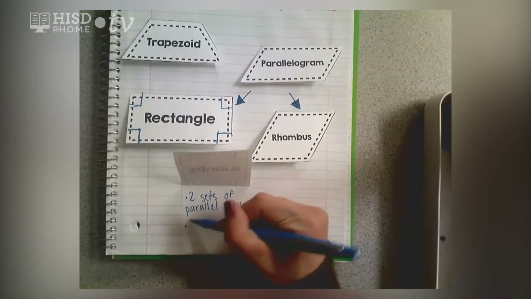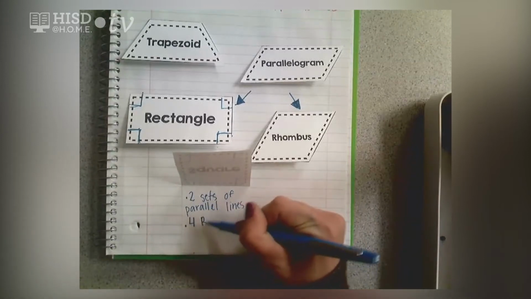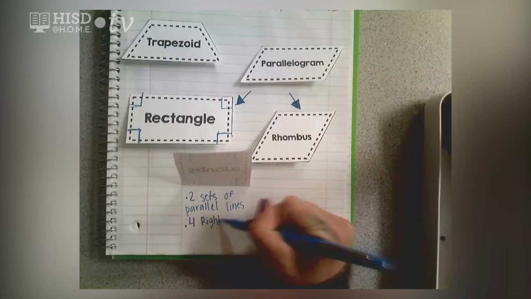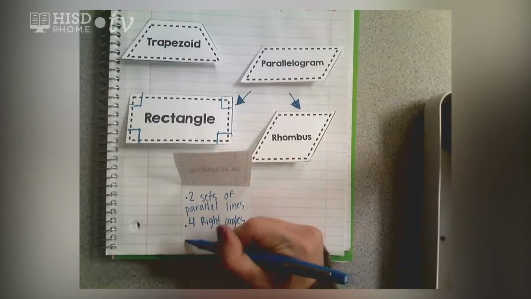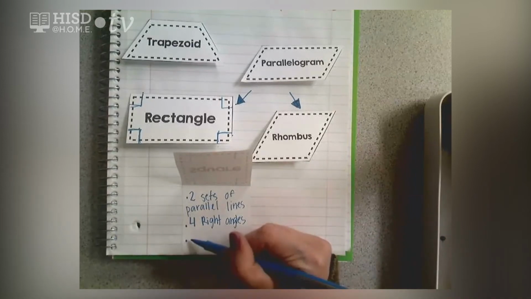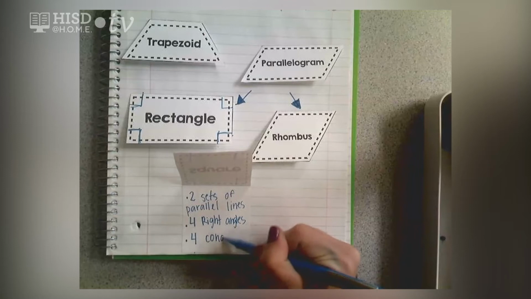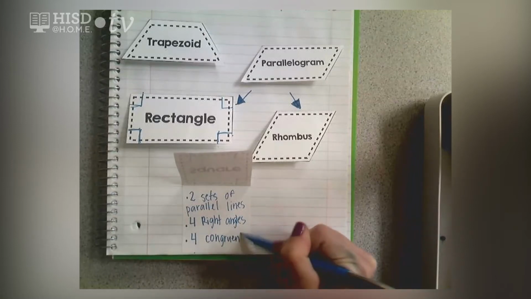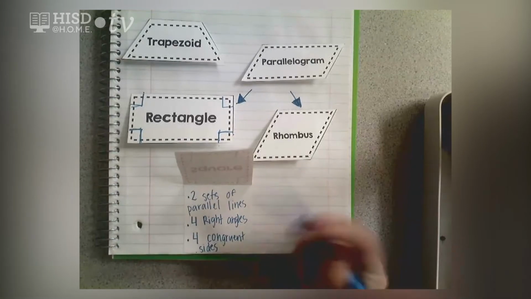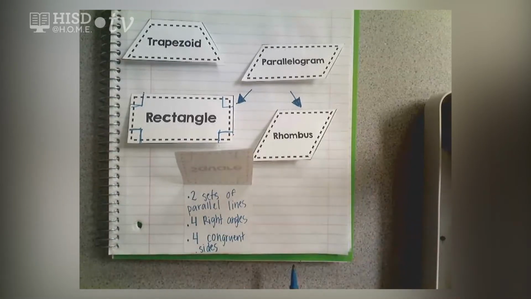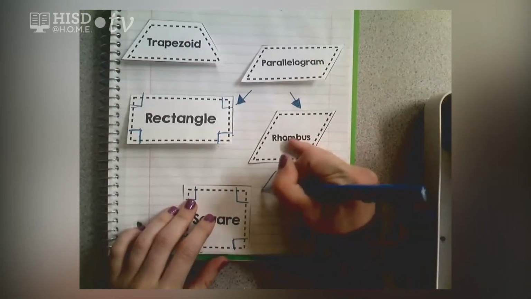Four right angles. And four congruent sides. So both of these can also be considered